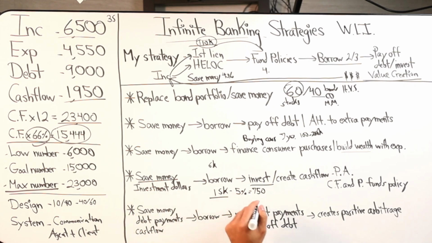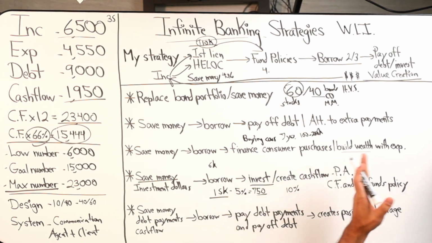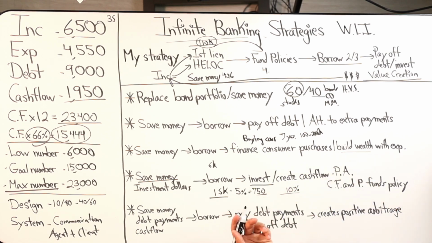This is the first year, okay, of funding the policy. 21K went in, you borrow 15 out, right? And you're gonna have a $750 interest expense on the anniversary date, year 2. But now you take that 15 grand, you make an investment. Ideally, in my opinion, you wanna make at least double what you're paying in interest so that there could be a net positive, and then it accounts for taxes and any fees that come with that particular investment, right?